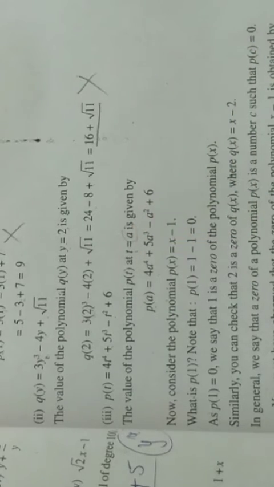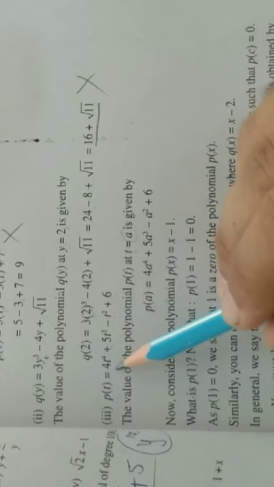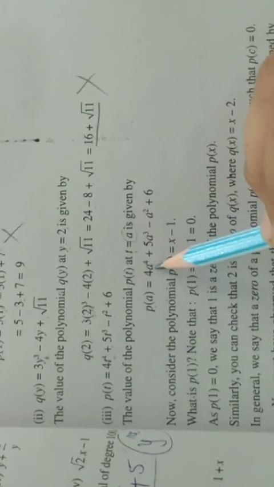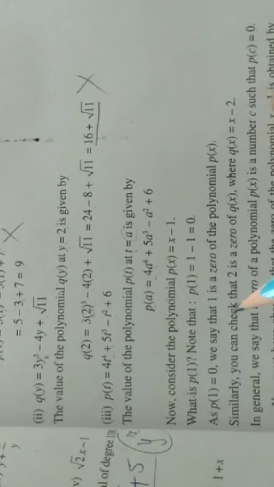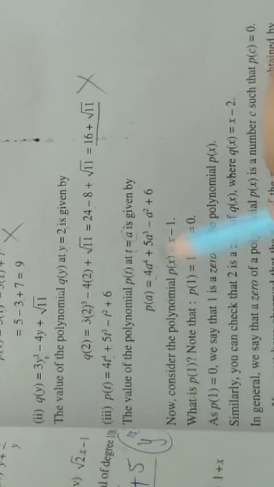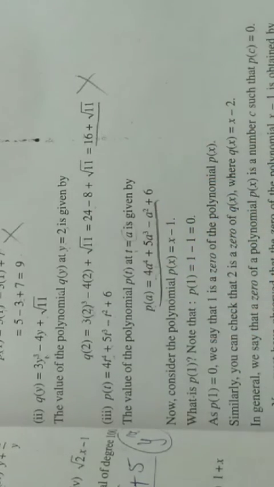t की प्लेस पे हमें क्या रखना है? a. Okay, so let me in place of t I put a: 4a^4 + 5a^3 - a^2 + 6. Now here we got the answer this, so we can say that a is not a zero of the polynomial. Okay friends,